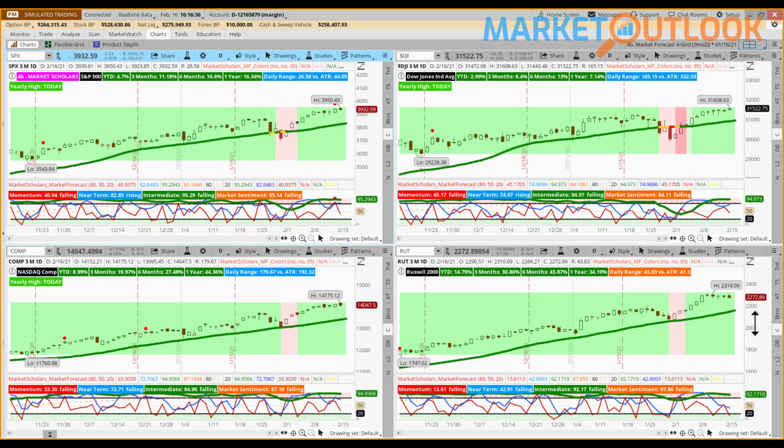So in other words, brace yourself. It doesn't mean that we can't continue to kind of grind higher. It's just that you might want to take a little bit less risk than you normally would, maybe smaller position sizes, or perhaps focusing on blue chip stocks as opposed to the more speculative companies out there. Anyway, as it stands right now, we do have